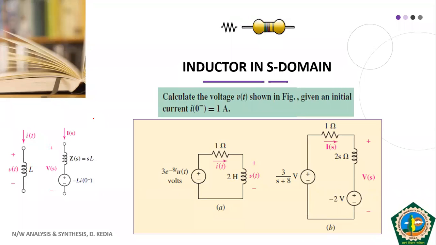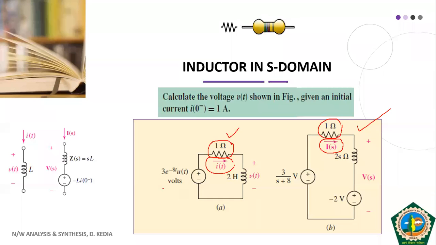So students, after discussing the representation of an inductor in the S domain, here is one example which explains how we can represent a given circuit which has an inductor in its equivalent S domain. So let us see. I told you that resistance will remain resistance. So you have 1 ohm here. This is 1 ohm. There is no change. Wherever we have It, this will become Is.